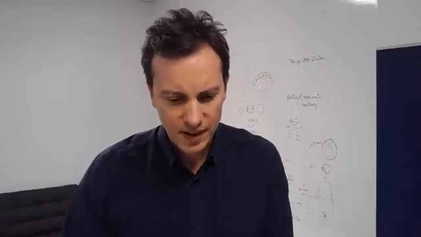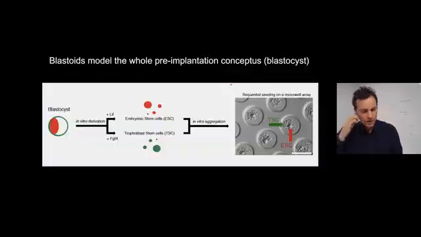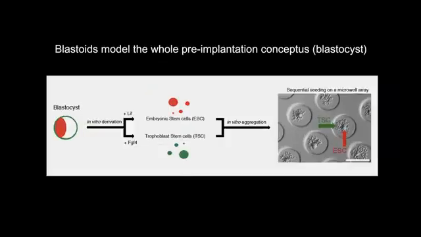So this is a brief summary. Again, we can get the blastocyst, extract and derive embryonic stem cells and trophoblast stem cells, expand them, genetically edit them, do all kinds of interesting things at this step, and then reaggregate them and form those blastoids. And in order to form those blastoids, we have to first deposit the embryonic stem cells. They are going to form a cluster here, and then we sprinkle the trophoblast stem cells on top of them,